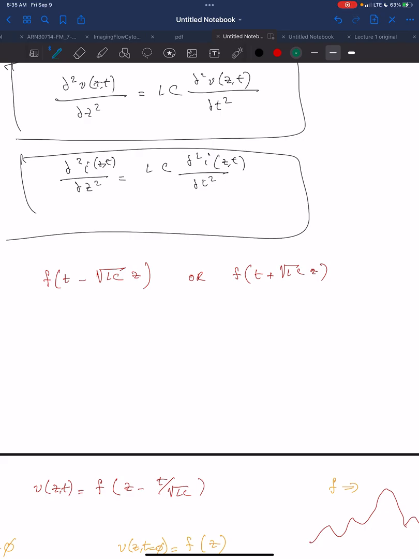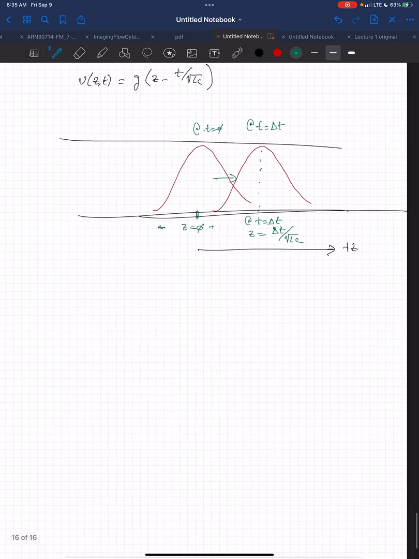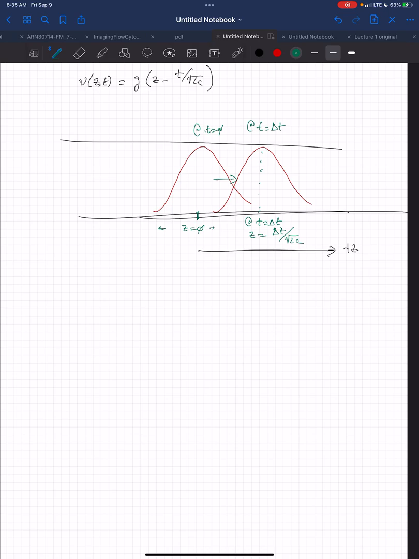So what does that look like? If V(z,t) is equal to G of z plus t over square root of LC, what that would look like is if my waveform